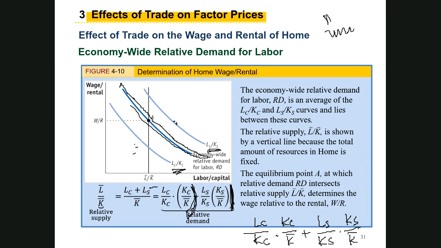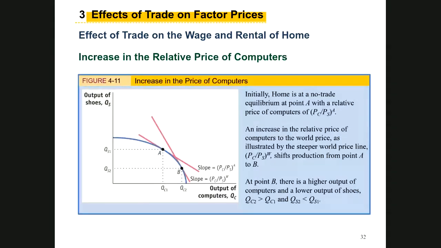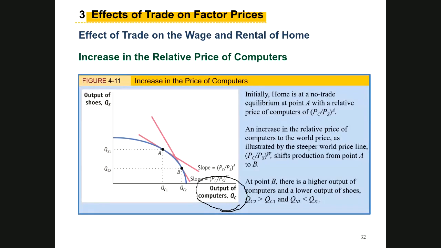Okay, so what happened after the trade? After the trade, the home country exports the capital intensive goods, because home country is a capital abundant country. The relative price between computer and shoe becomes like this. Right, so PC over PS is higher